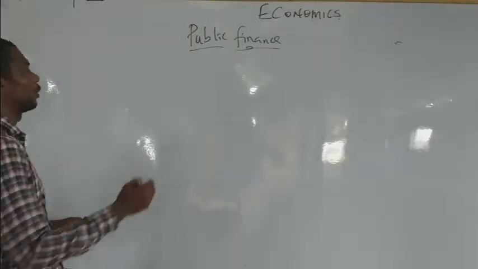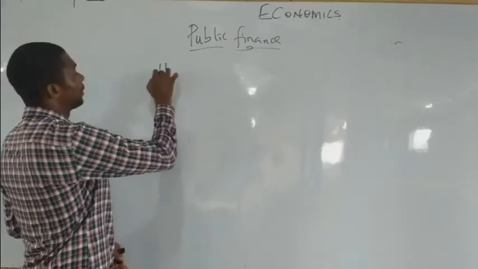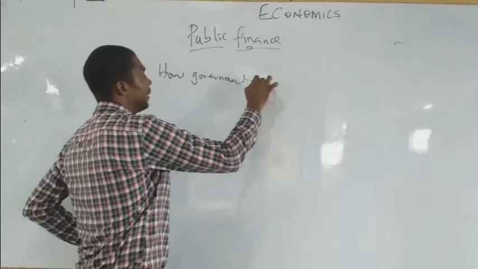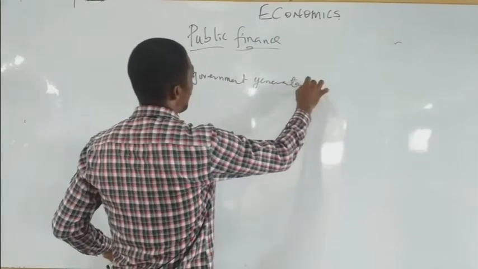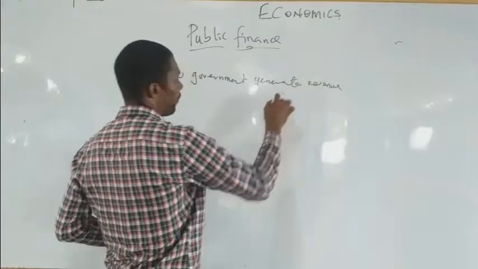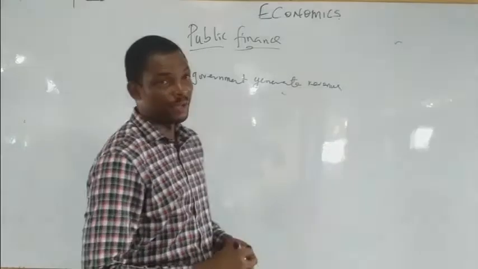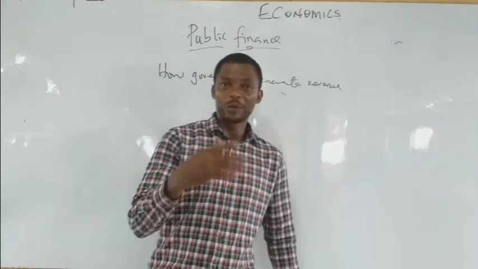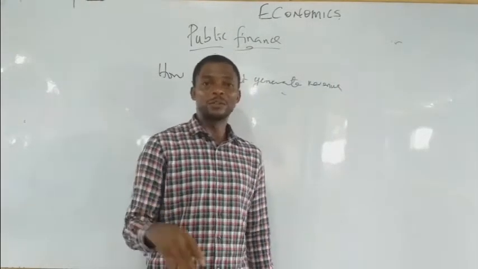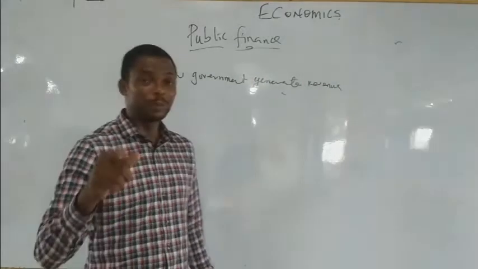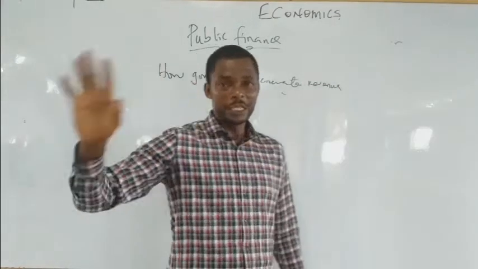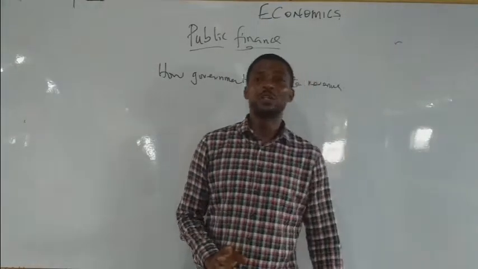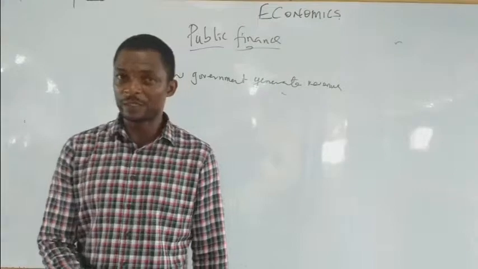Now, we also note in this topic what is known as taxation or tax, or let me use the word, how government generates revenue. Government can generate revenue in different ways. Government can generate revenue from tax. And what is tax? Tax is the compulsory amount issued by the government on individual income or commodities. That is referred to as what? As tax. That's how government generates revenue.